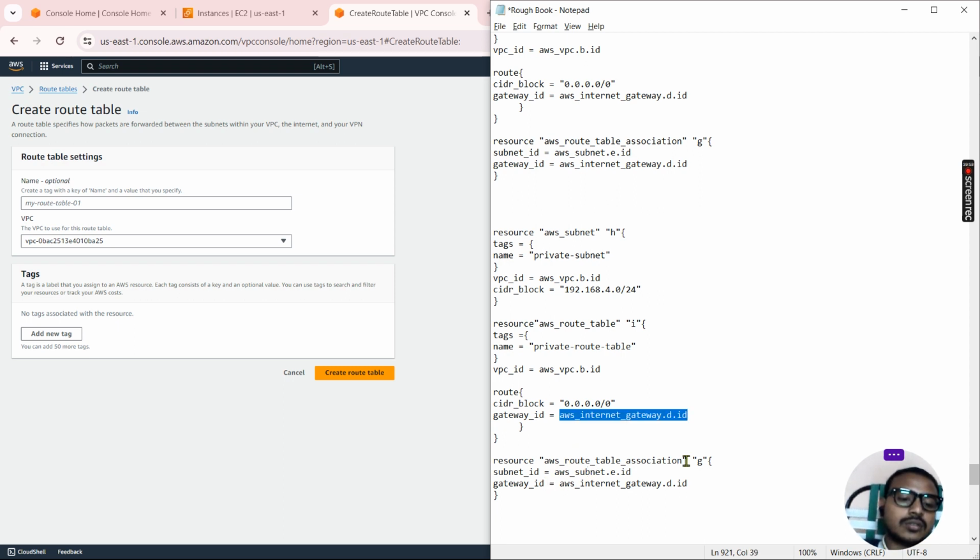Resource, association, gateway ID. Association. This is okay. You need to give NAT only. Here you need to give NAT. This is pending, I will tell you that first. Okay, and coming here, internet gateway, right? So this one, association